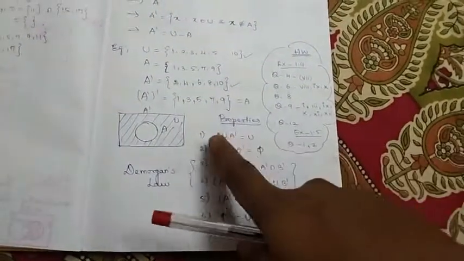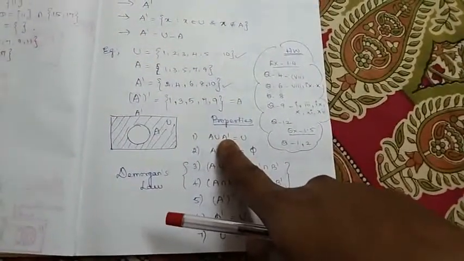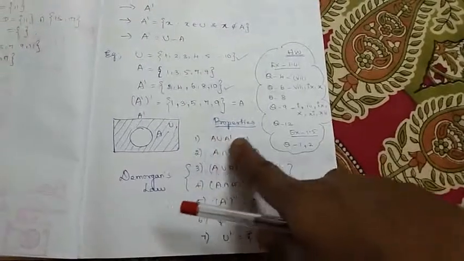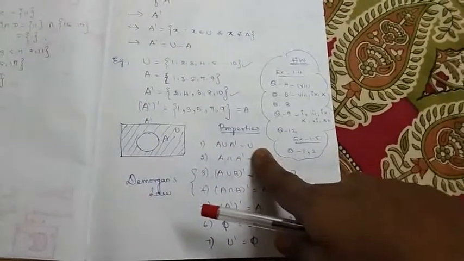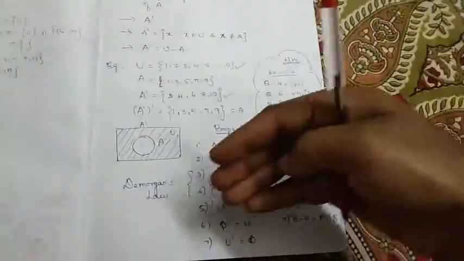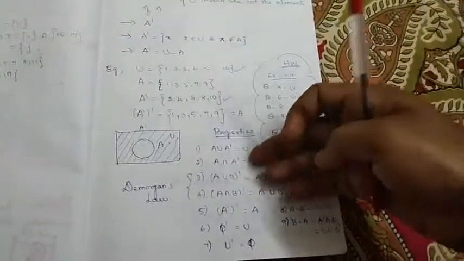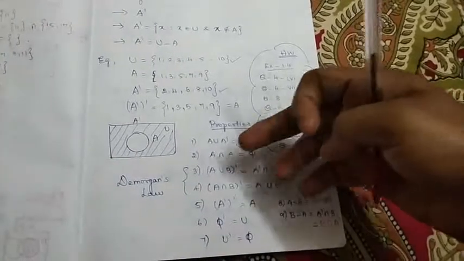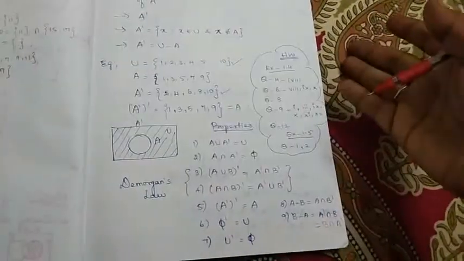And these are all the various properties of complement. When you perform the union of A and its complement, you will get the entire U. Because A will be having certain elements, A complement will be having the elements of U which are not in A. So when you find the union between these two, we will get the entire universal set. When we find the intersection, it is going to be obviously empty.